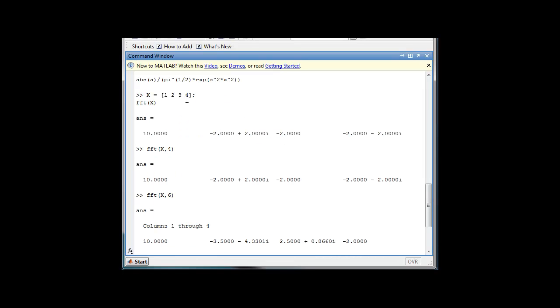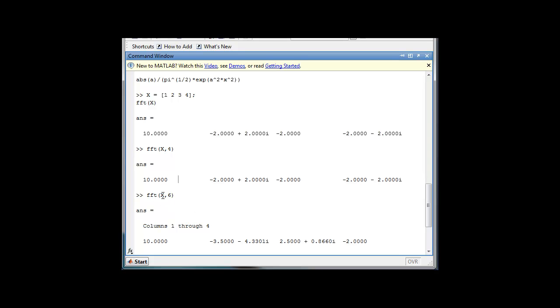For example, see here on MATLAB, I have typed x equal to 1, 2, 3, 4 and FFT of x, fast Fourier transform of x. So the output is 10 for the first, then an imaginary answer, then minus 2, and again an imaginary answer. If I type x comma 4, then I will also get the same answer as by FFT of x.